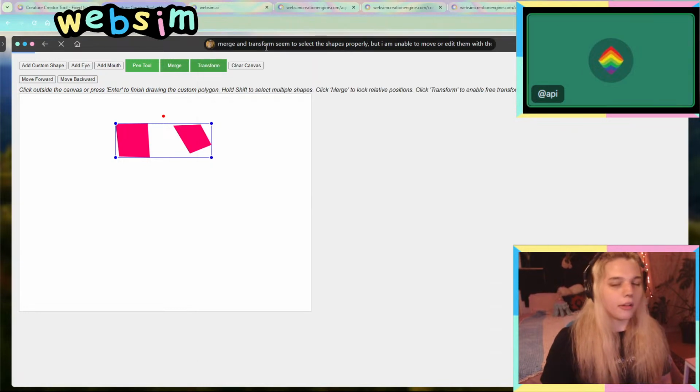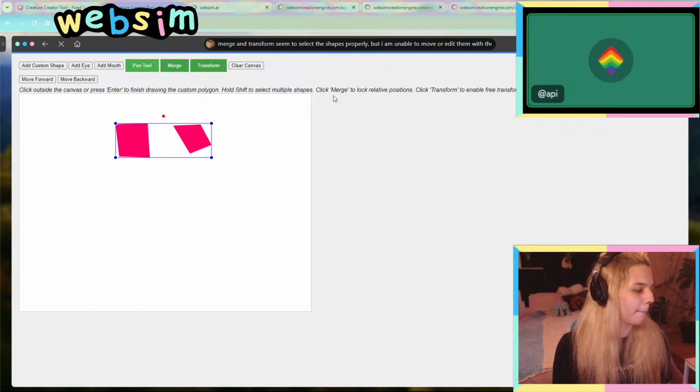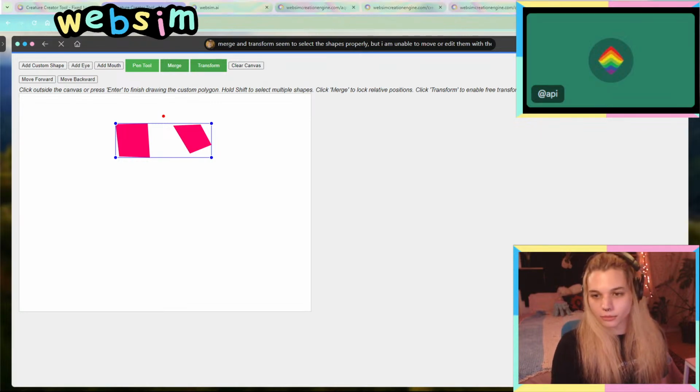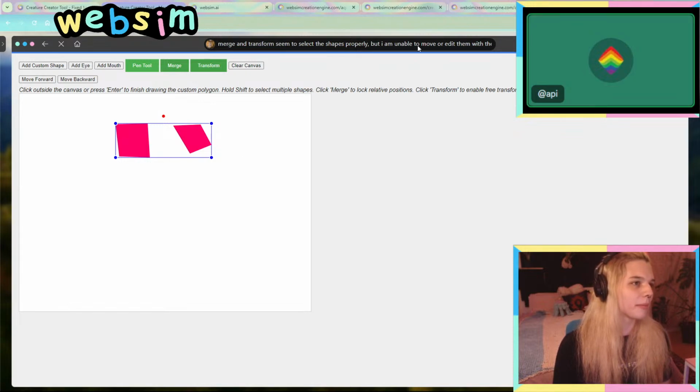All right, so I think what I'm gonna do is tell it that the shift button doesn't need to be continuously held down in order to use the merge. Good call. It just needs to be held down when selecting multiple objects. So shift should be used to select multiple objects or SVGs, but not required to be held. Merged objects should still be movable when selected and